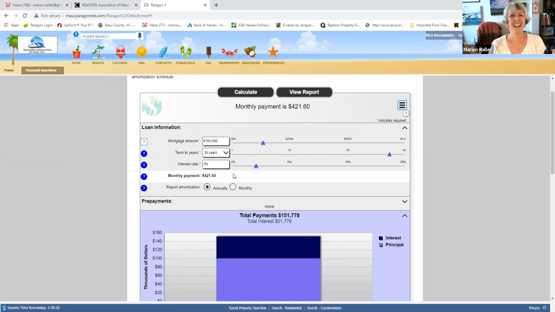See how I did that? If that's not comfortable for you, if what I just did went right over your head, don't worry about it. Ask the lender. Figure it out with the lender. But if you can do this, the point is that it's one thing to ask people, what price range are